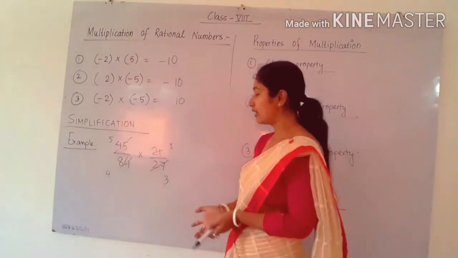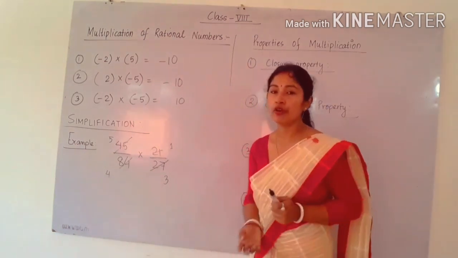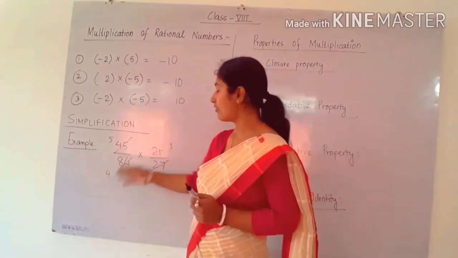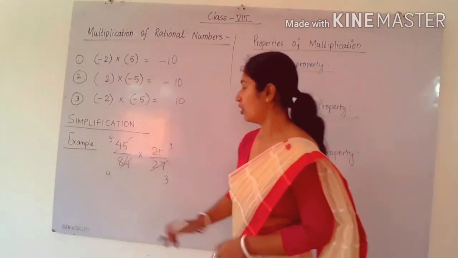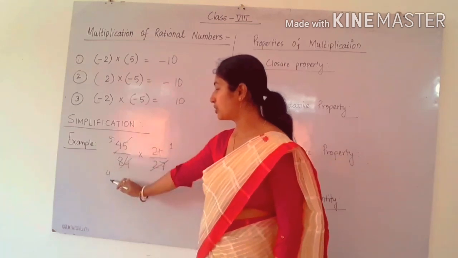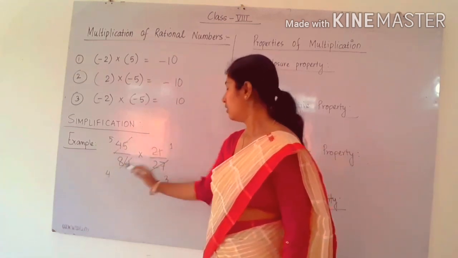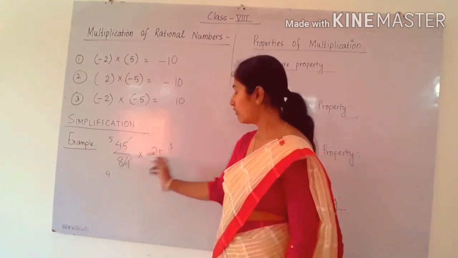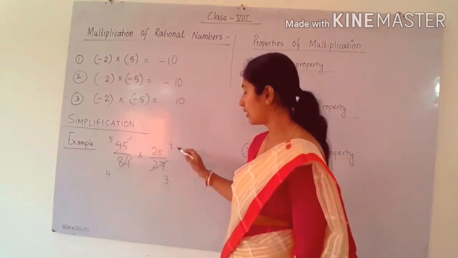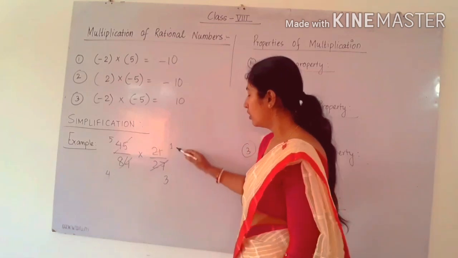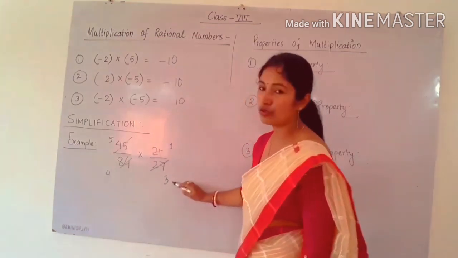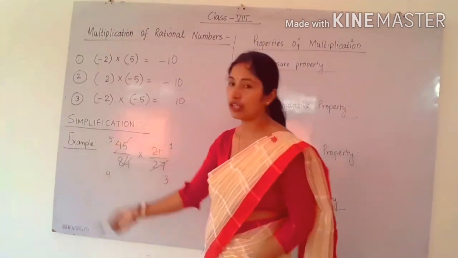Next, after cancelling all the numbers, finally you have to check whether the remaining numbers have any common factor or not. You have to check in the numerator and denominator. So here 5 is present, 4 is present. So no common factor, only one common factor, that is 1. But again if we cancel, the same number will come. So here also we cannot do. Similarly for 1 and 3 also we cannot do. 3 and 5 we cannot do.